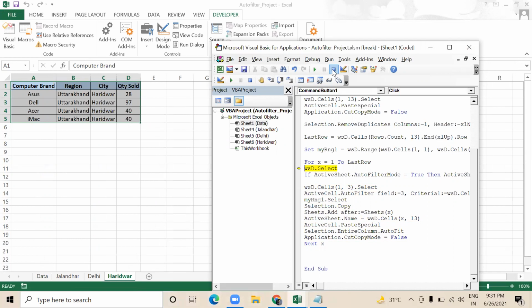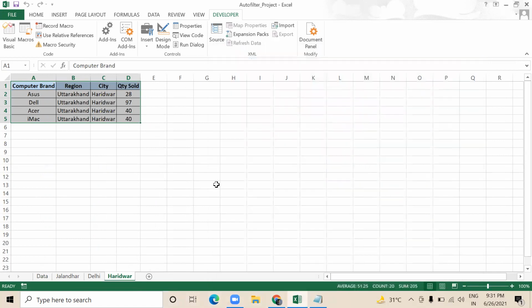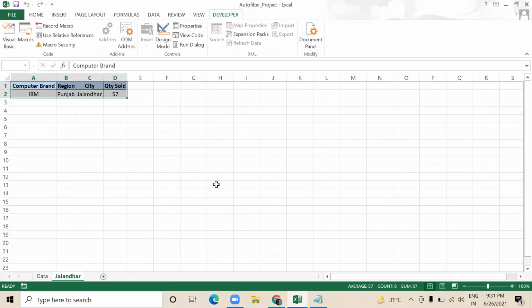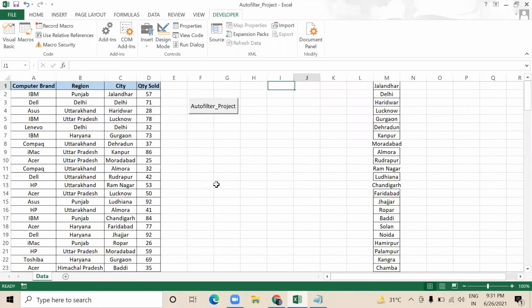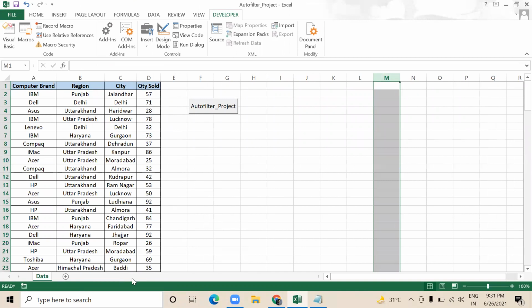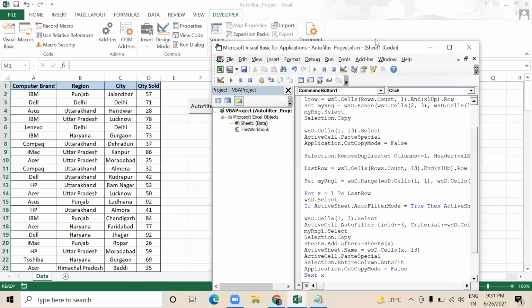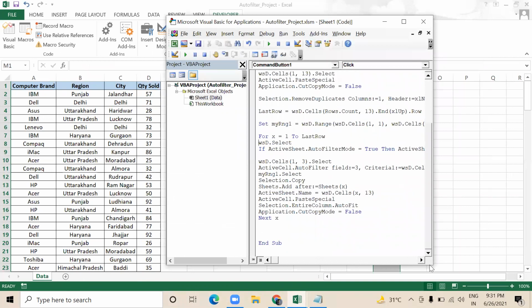So guys, let me run this code in one go. What I am going to do here is delete these sheets, remove the filter from here, and in the last I will add a message box: separate sheets have been created.